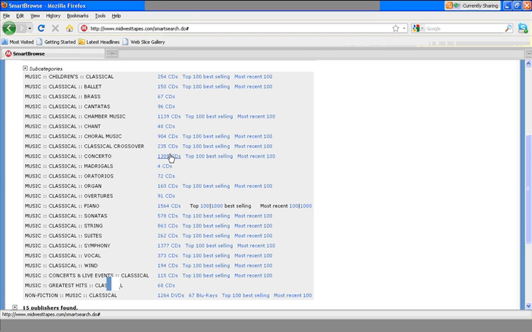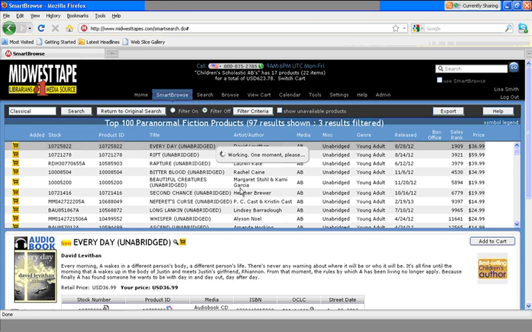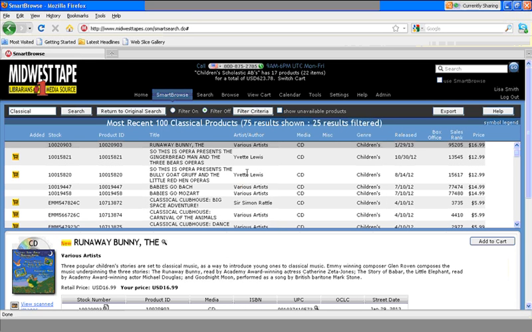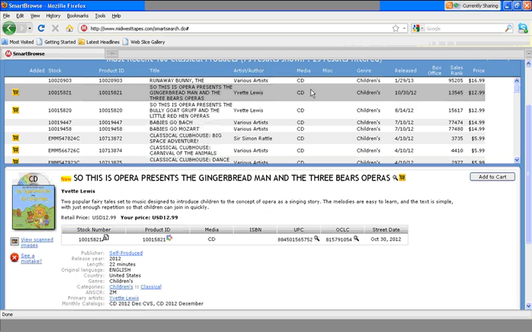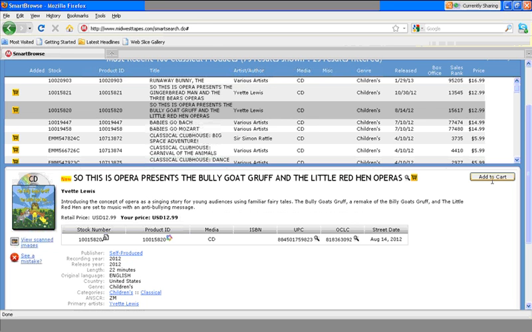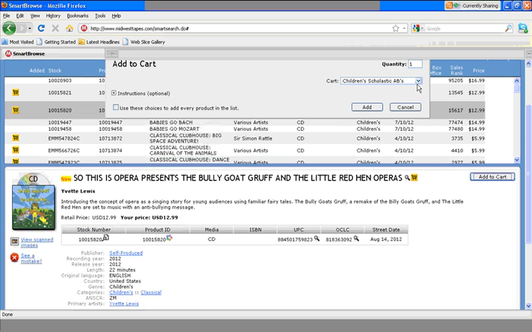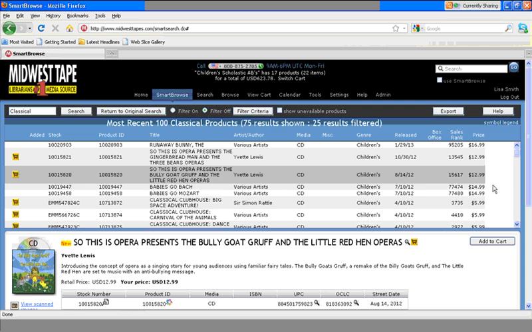Concertos, we've got classical crossover, children's classical. I can look at my most recent 100 children's classical music. I clicked on that. It's going to take a second to pop up. The filter filters out the unavailable products. Okay, notice it's only giving me 75 results. But it gives us this Smart Browse display mode that I can easily add these titles to a cart or create a new cart. Okay, so I just wanted to show you a good few examples of ways